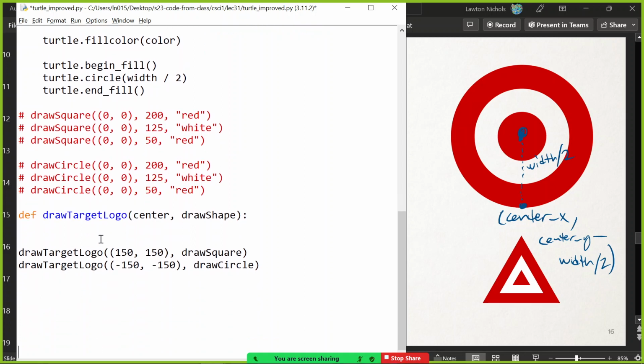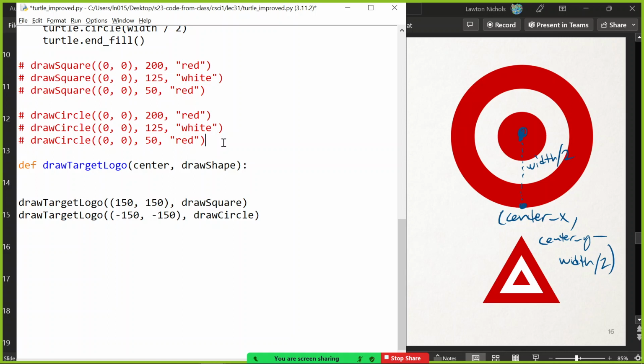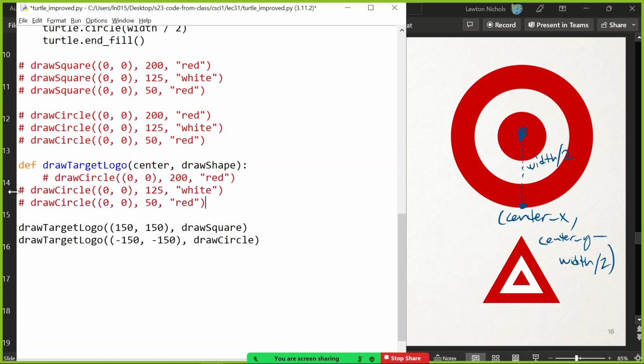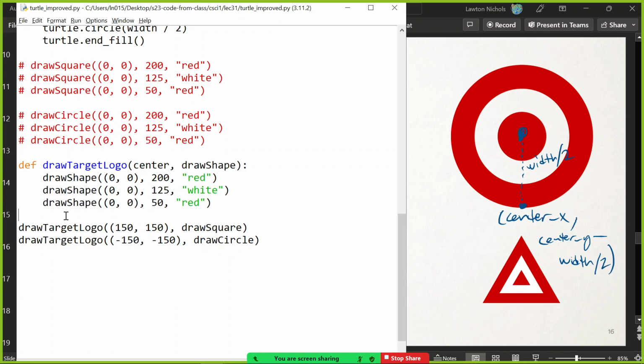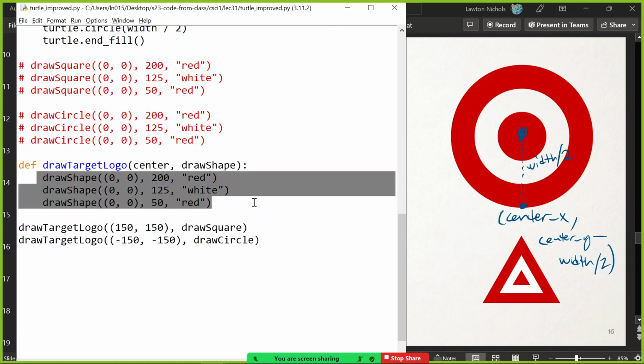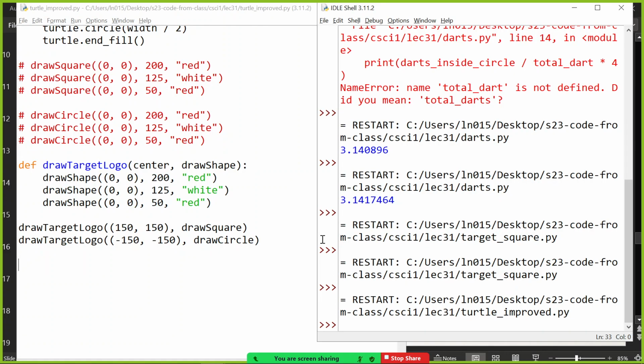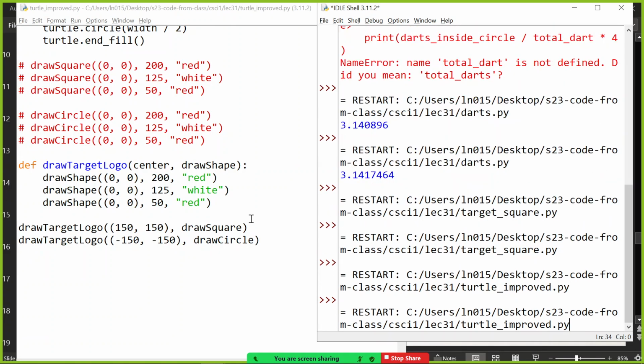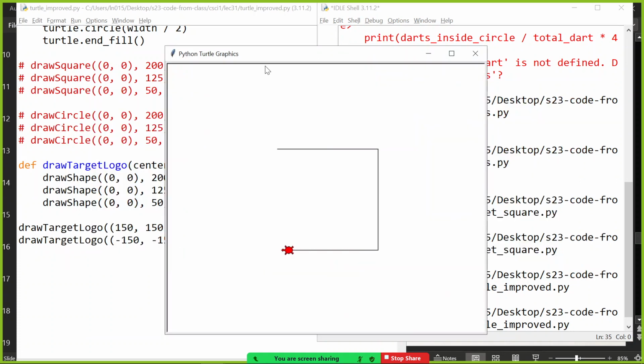It's really, really nice. And so how do I draw an arbitrary target logo? It's just, well, it's this idea. The numbers are right, the colors are right, it's just sometimes I'm drawing circles, sometimes I'm drawing squares. It's this shape function. Call that. Draw whatever shape function we were given. See how that's a generalization of what we've been doing? And now if I want to draw a target logo, I just call it once. And it'll do the right thing with the shape drawing function. So it's passing along draw a square, and that'll draw a square-ish target logo. This one draws circles. So it'll pass along the draw circle function and draw a circular target logo. Isn't that neat? Where in the world? Oh, there it goes.